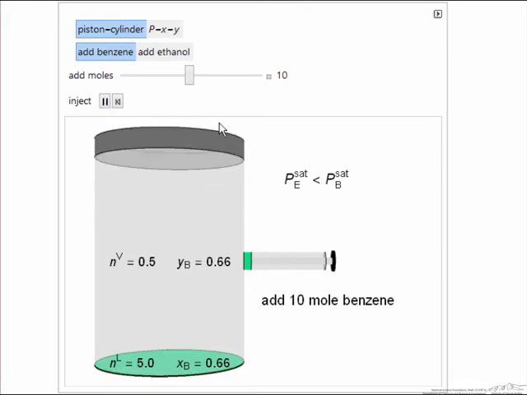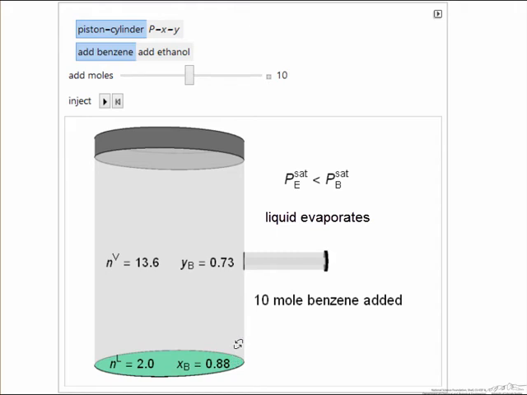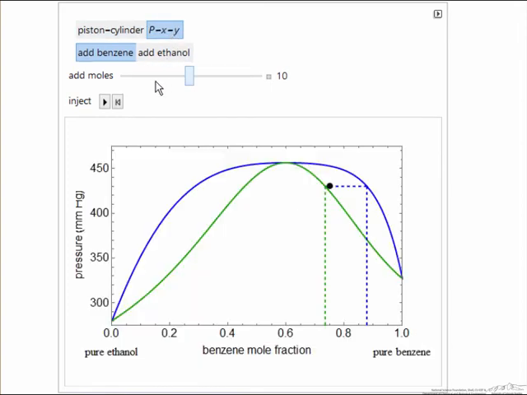And then we play. Well, now we have less liquid present, but notice the liquid is actually a higher mole fraction than the vapor for benzene. So now the liquid is enriched in benzene, and we can look at the PXY diagram and hit reset here and understand what happens. We started at this point where mostly liquid's present and the vapor is enriched in benzene,